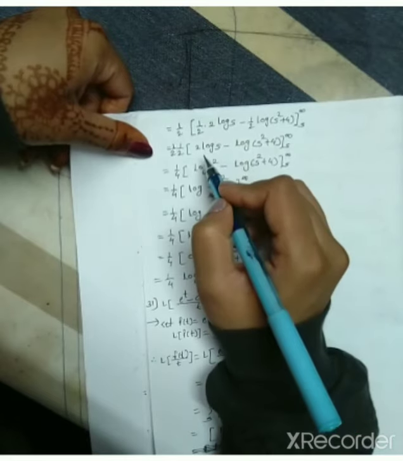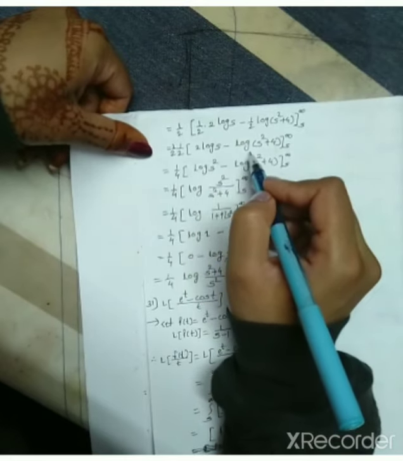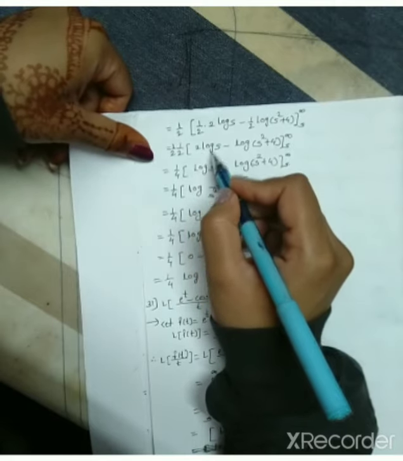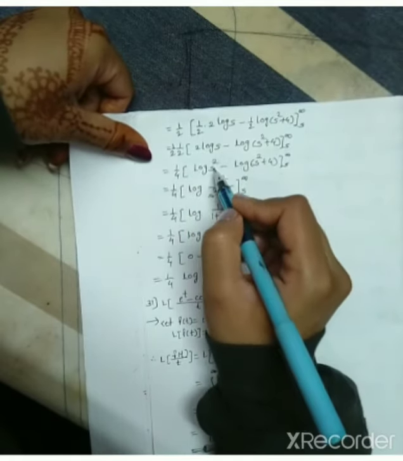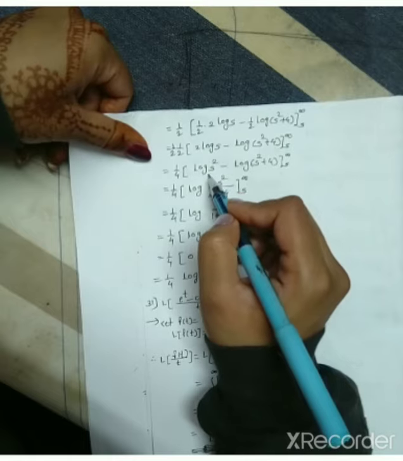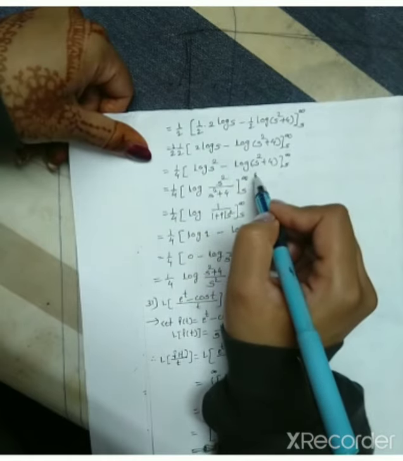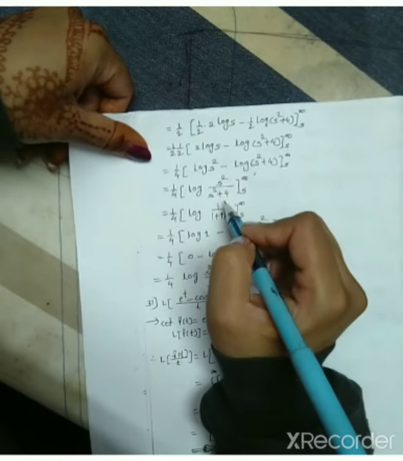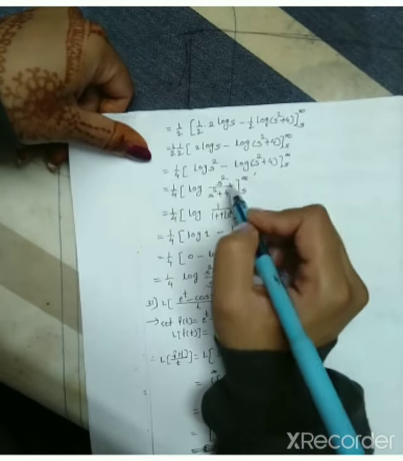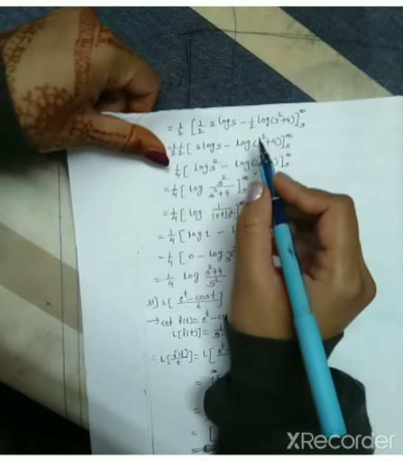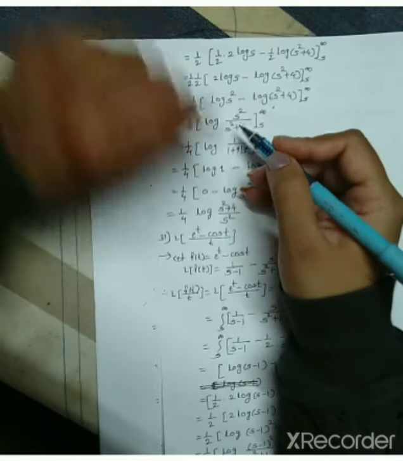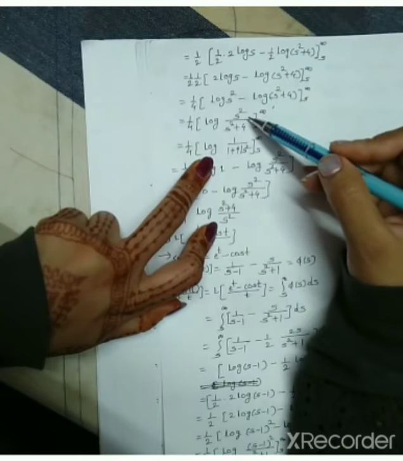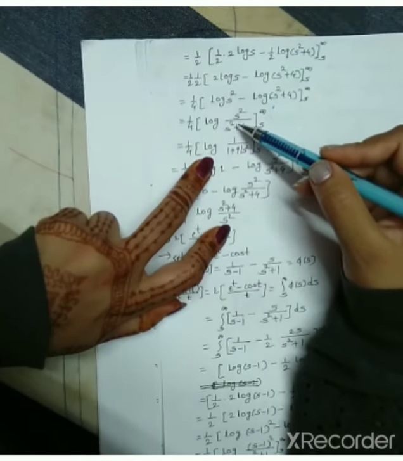Now again we cannot use the log a minus log b property until this 2 gets cancelled. For that use the log property, this 2 goes on the power: log s square minus this log bracket. Now we can use the log a minus log b property. What is that? Log a upon b. Okay, for this adjustment you have to do these two more extra steps.